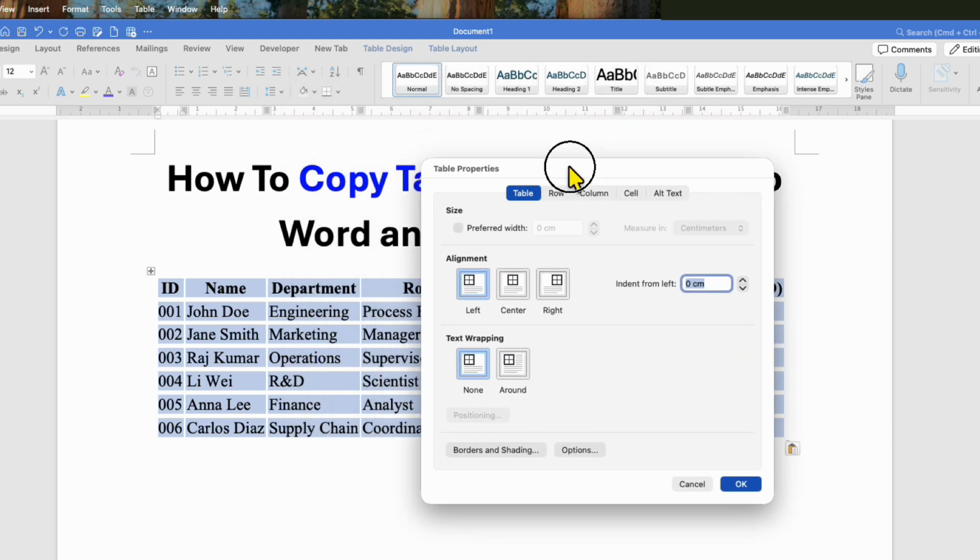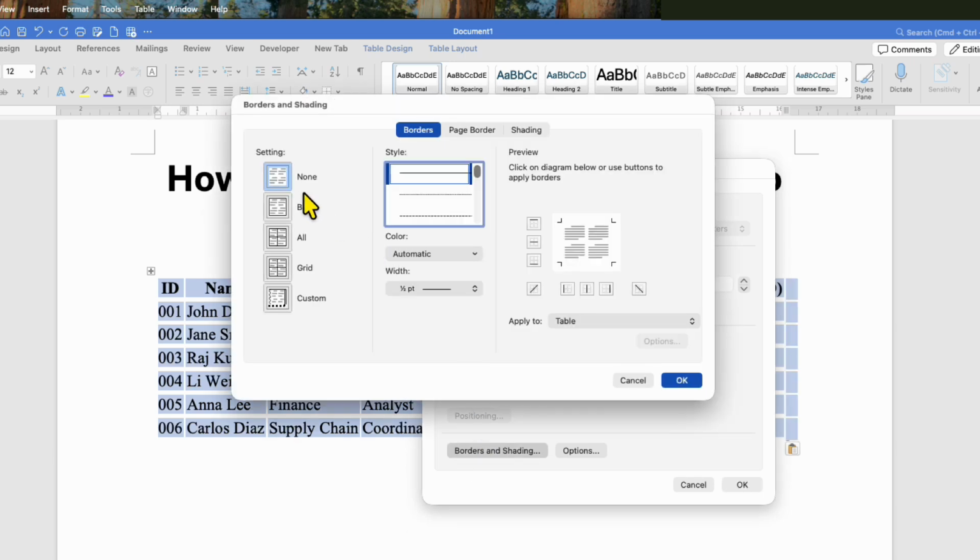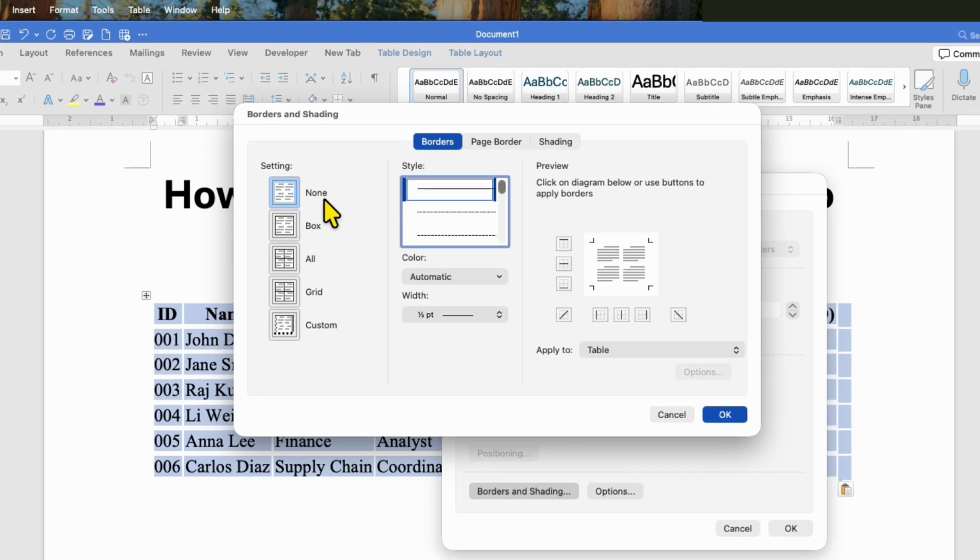Here you will see the option of border and shading. Click on this option, and right now none is selected. That's the reason you are not seeing the borders. You can see the preview as well here. So instead of none, just select the option border, and now you will start to see the border around the